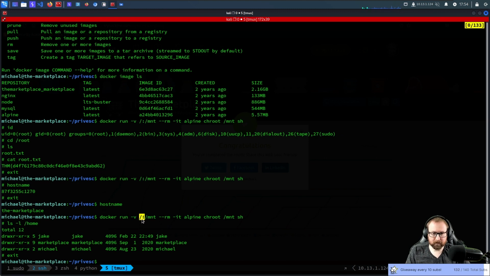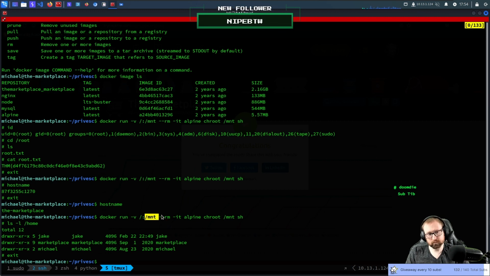It's basically saying, okay, when you run this Docker container, I want you to mount my system, so the marketplace's root directory, at /mnt on the container itself. --rm, I think, just cleans up the container when you exit out, so you don't need to worry about that. -i is interactive, I think, and -t spawns a terminal, maybe, I don't know.